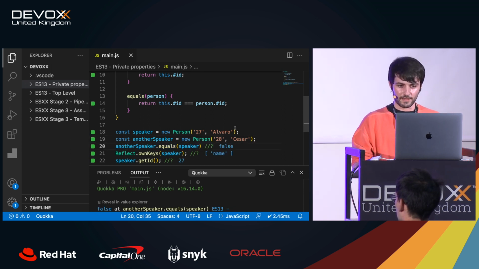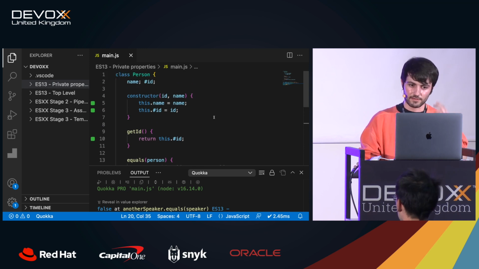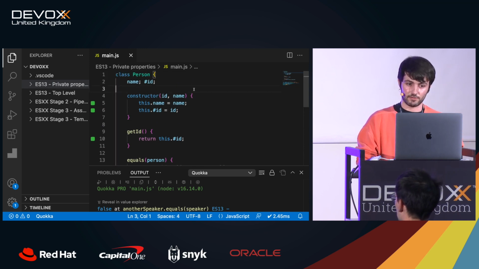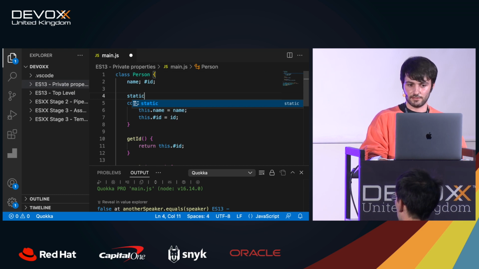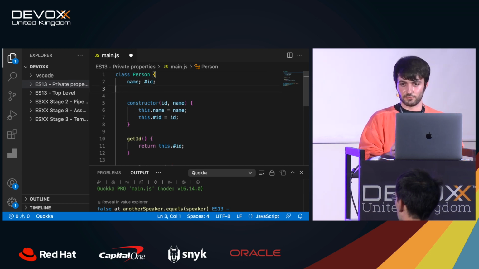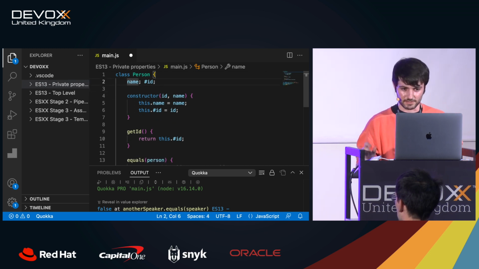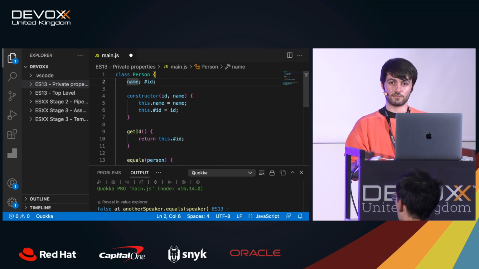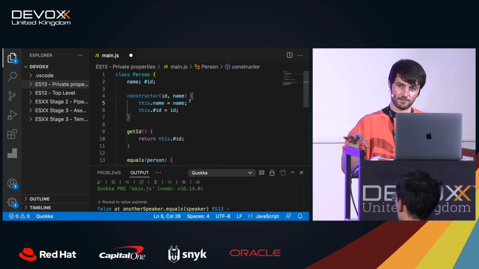Okay. Cool. In addition, another thing that they have added is static properties. You can now define static, I don't know, type, for example, which is something that we also didn't have before. So something to keep in mind. And yeah, this is coming to ECMAScript. I think it's already supported by pretty much all the browsers out there, but it won't be part of the standard until July. This is one of the things that has been introduced.